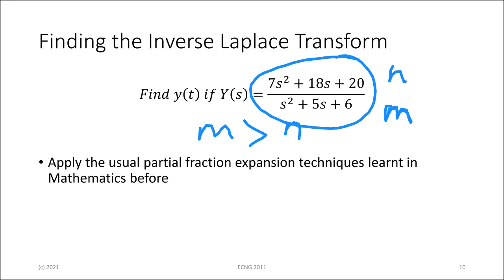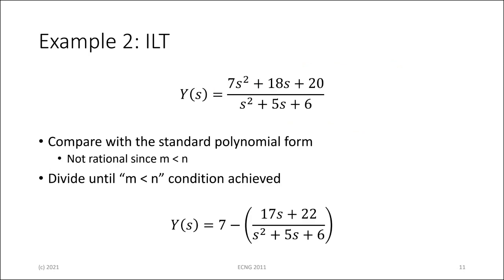So you need to divide the numerator by the denominator, at least to reduce the s squared here. We need to get that down to at least s to the power 1. So if you do that, and hopefully my algebra is correct, you have to remember how to do your long division